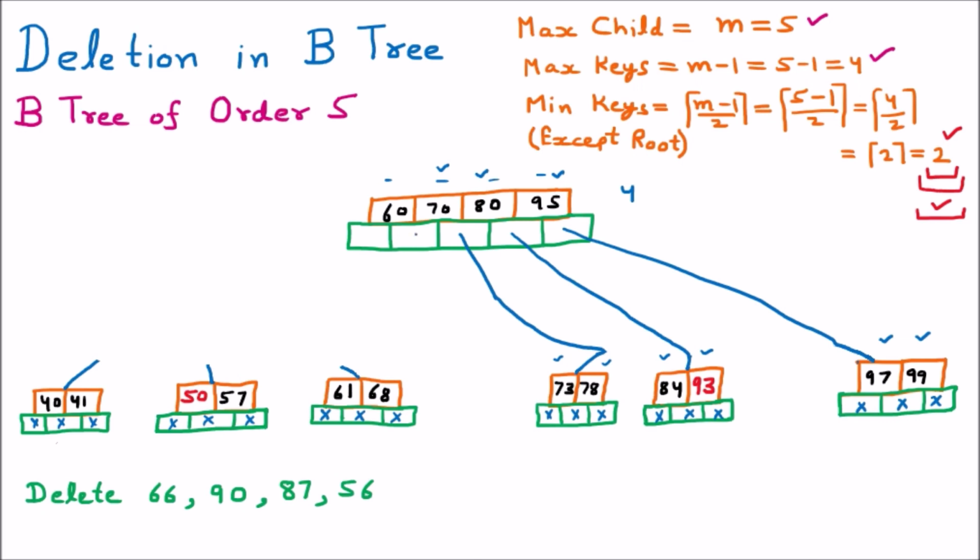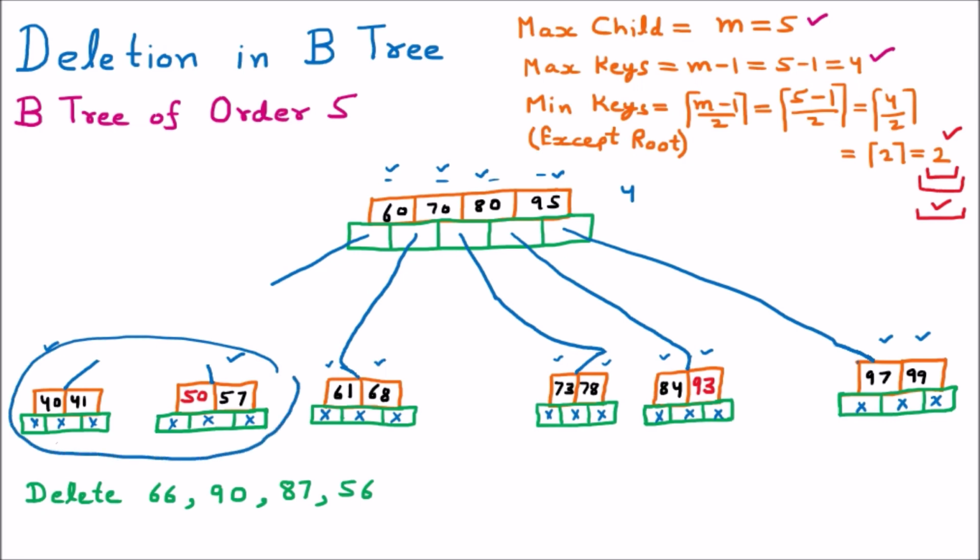Now we are connecting the next child. So this child we are connecting here because we can see that 61 and 68 are falling between 60 and 70. Now there we have the problem. Here we are going to connect one edge, but there are two provisions. So two different children are there. We know that two children cannot be connected with one branch. So what we are going to do is combine these together and see whether it is going to affect anything.